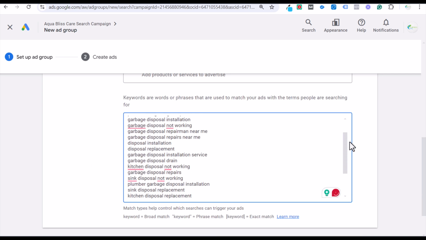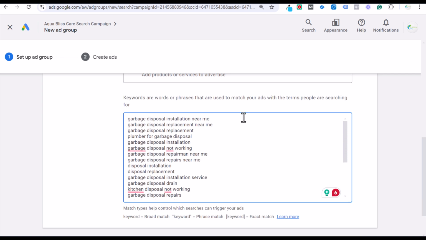This is one where you may want to start with exact match keywords. Yeah, so installation, replacement. I'd probably just go phrase match for these. Replacement, repairman, repairs near me. But these are ones I'm not a huge fan of targeting. Garbage disposal not working, just because people may just say, all right, let's just buy a new one. Installation,